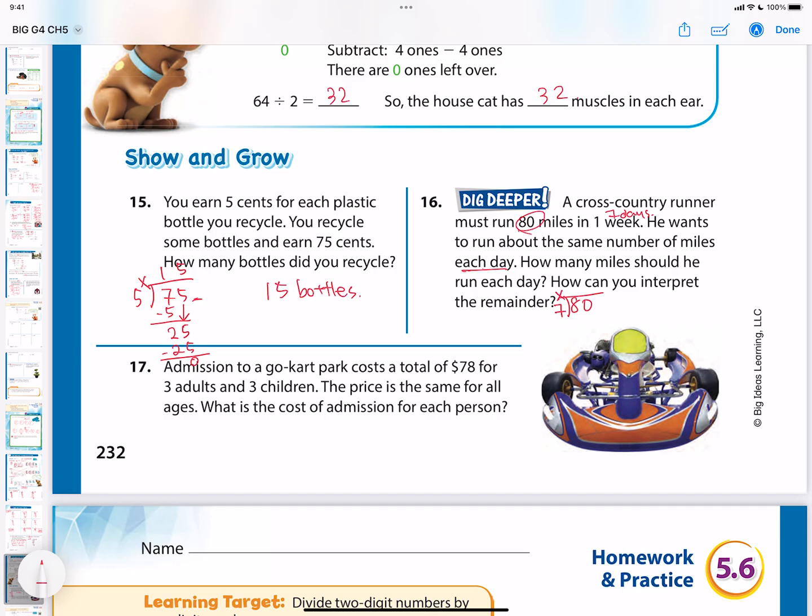So now we know 7 times 1 is going to be 7. We don't have enough space, so I'm just going to use this line. Subtract, 1, bring it down, 10. 7 times 1 is 7, and take away is 3. So 3 is the remainder. 11 miles per day, and then 3 miles he needs to run, a little bit more than 11 miles, right? Therefore, 11 miles per day,